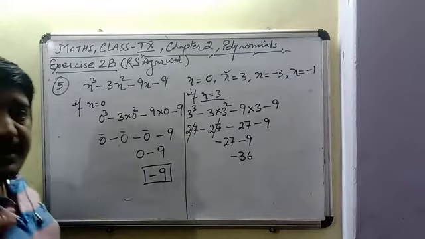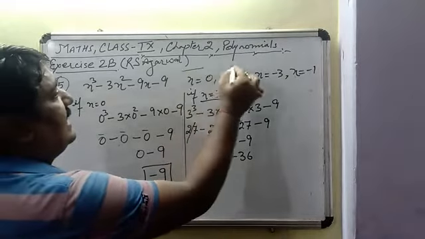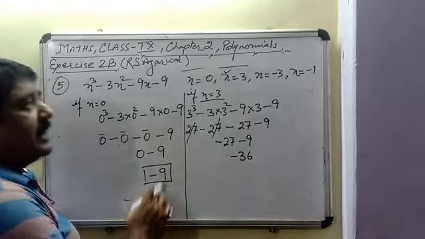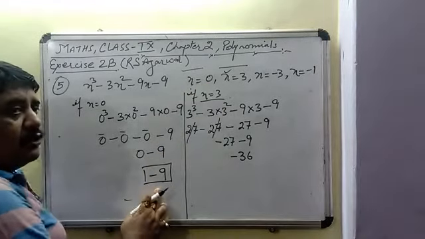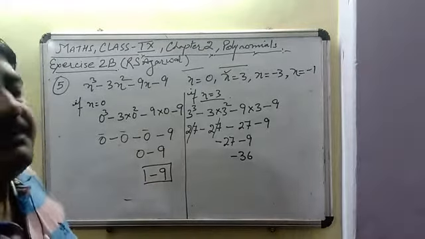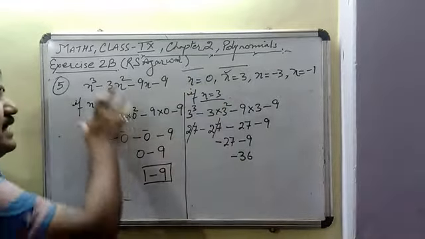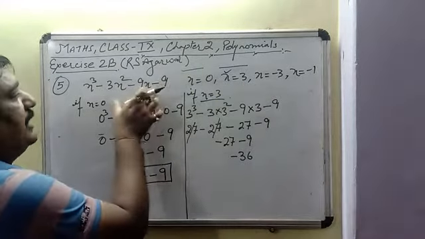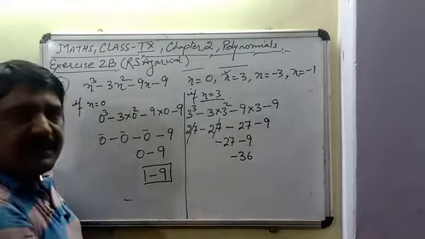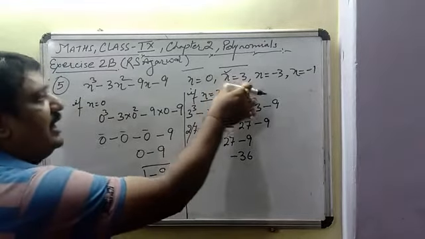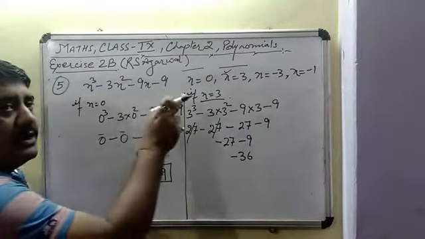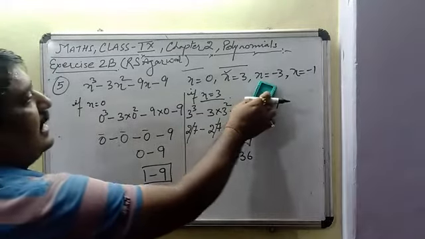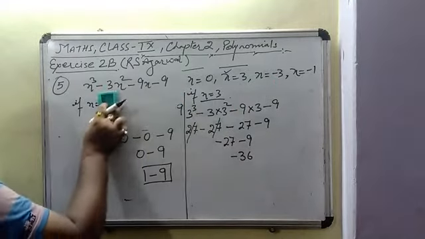So we can say one more thing, x equals to 0 and x equals to 3 are not the zeros of the given polynomial. अगर हम x की वैल्यू 0 रख रहे हैं तो हमें वैल्यू क्या मिल रही है? minus 9 मिल रही है. That means 0 जो है वो हमारे इस पॉलिनोमियल का 0 नहीं है. Similarly, if we are putting x equals to 3, we are getting the value minus 36. That means x equals to 3 is not the 0 of this particular polynomial because we are not getting the result 0 over here. Now put the value x equals to minus 3 in the given polynomial.